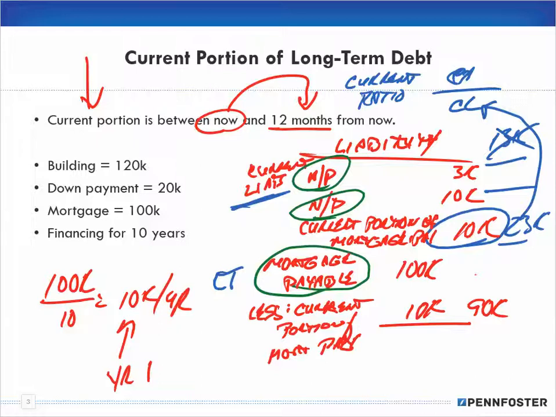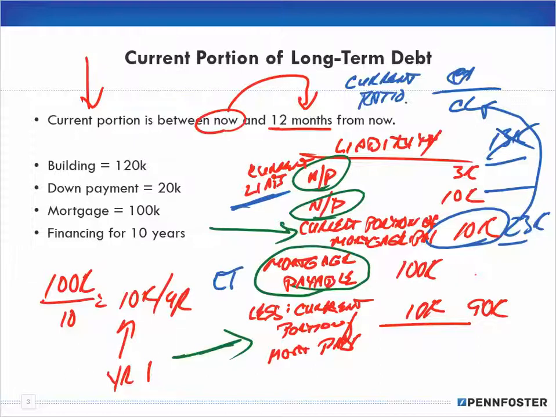Again, we don't want to create new accounts just to figure out the current portion. When we go to do our balance sheet, we can manually do the math to figure out what our current portion of our long-term liabilities are and make the manual entry in order to reflect it on our balance sheet the proper way